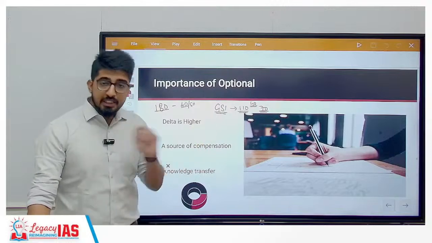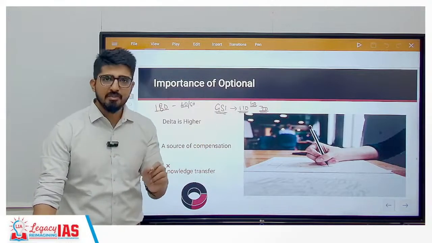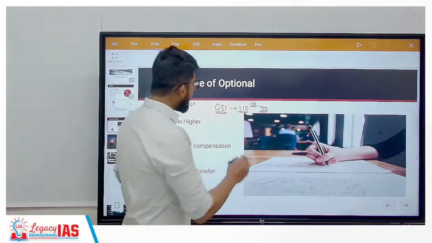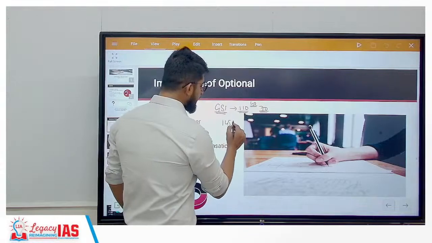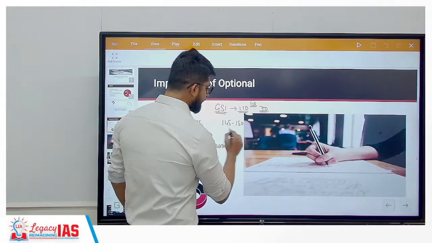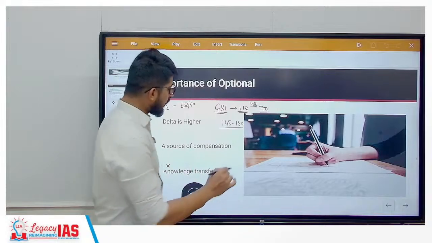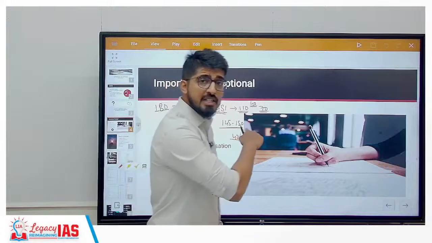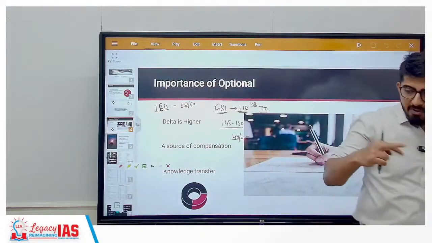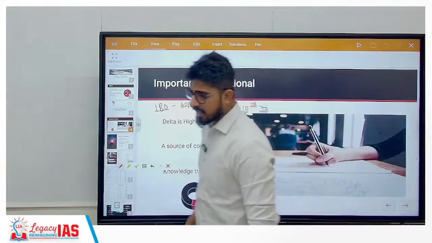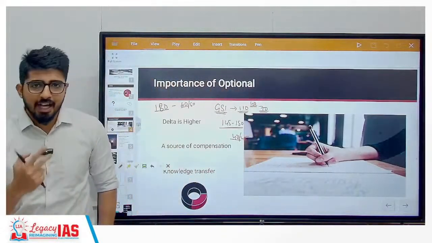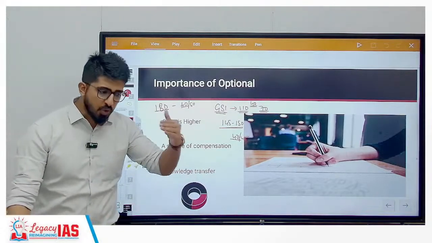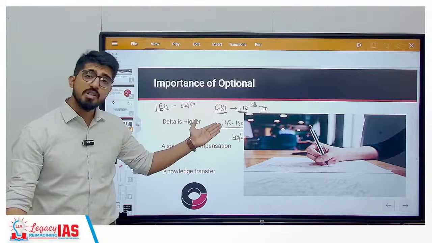The same holds true for another subject, that is your essay. Essay scores also vary in this range itself. A very good score of 145, 150 is achieved by some students, and a very low score of 40, 45-ish is also achieved. So the delta is higher here as well. So whichever subject has a very high delta, these are the subjects you have to be really careful about, and you have to put in a lot of work so that you can increase the score beyond the normal when it comes to the GS subjects.